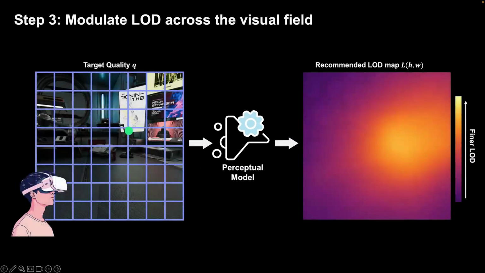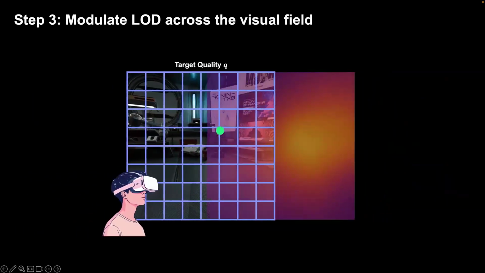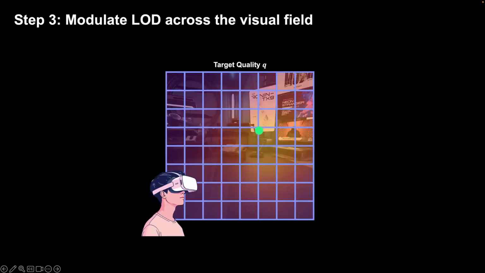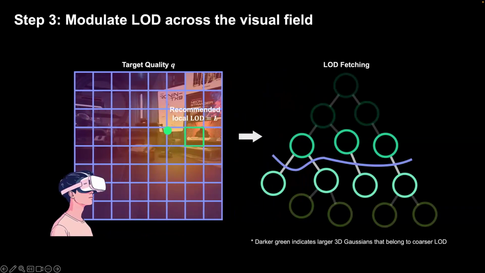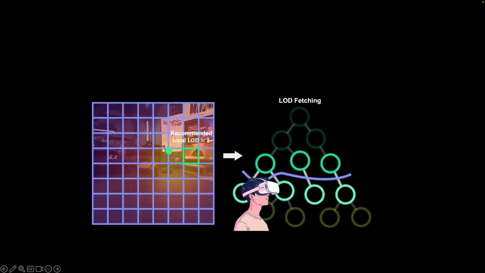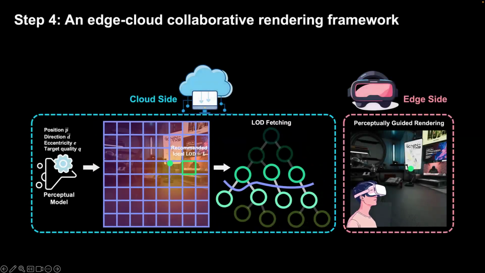Third, we partition the visual field into a dense grid of viewing frustums and apply the spatially varying LOD map to control Gaussian budget for each frustum. This allows us to render only a perceptually sufficient subset of Gaussians under a given compute budget, while minimizing visible quality degradation. Lastly, to better support untethered MR, we introduced an edge cloud collaborative rendering framework that offloads these compute-intensive